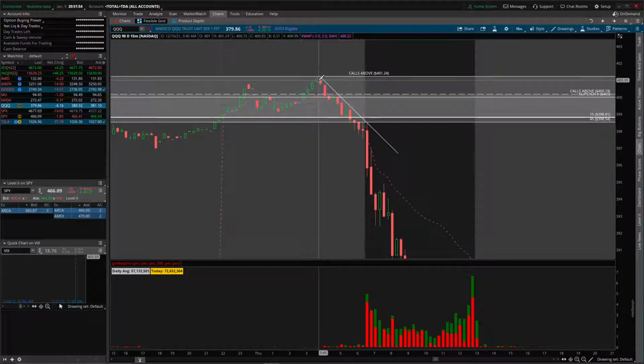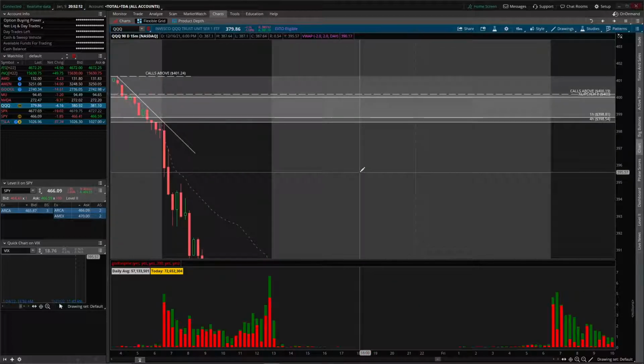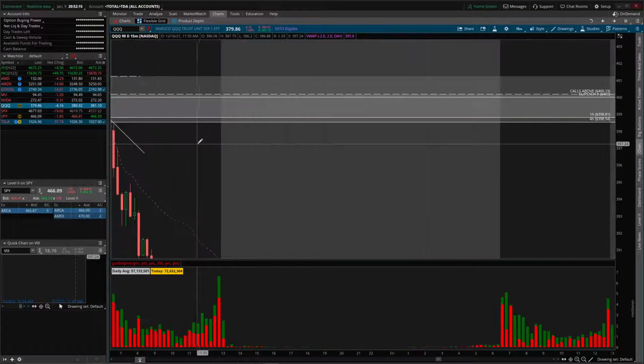You want to see strength from the people who have these orders in here. You want to see price push this price. You want to see price get pushed in this direction if we are in a supply zone. If we are in a demand zone, you want to see price get pushed in the opposite direction. Okay, let me see. Yes, okay, so right now